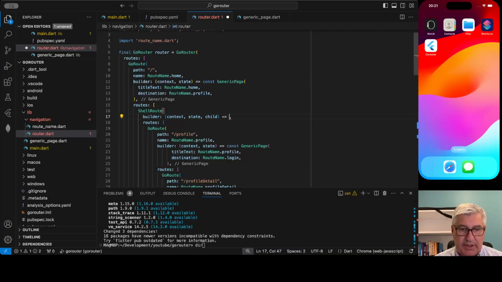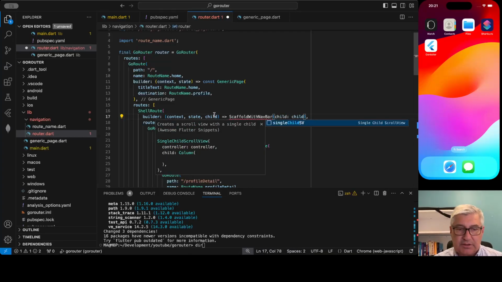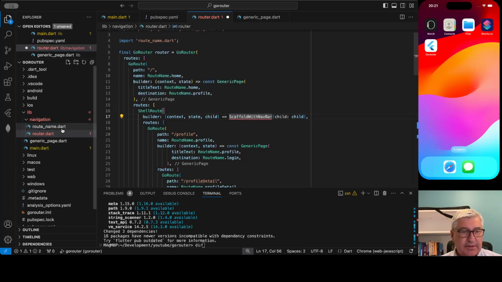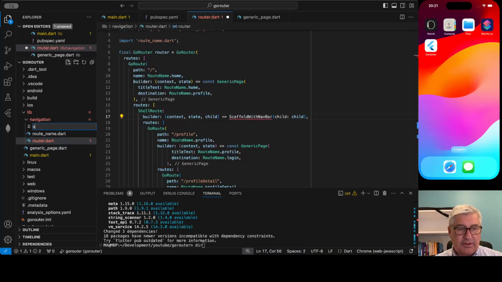So we return a ScaffoldWithNavBar, and its child should be the child that's passed on here. And this obviously we haven't defined yet. So in the navigation, let me create another file, ScaffoldWithNavBar.dart,